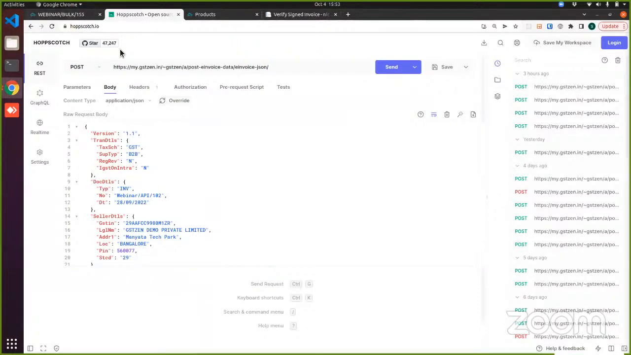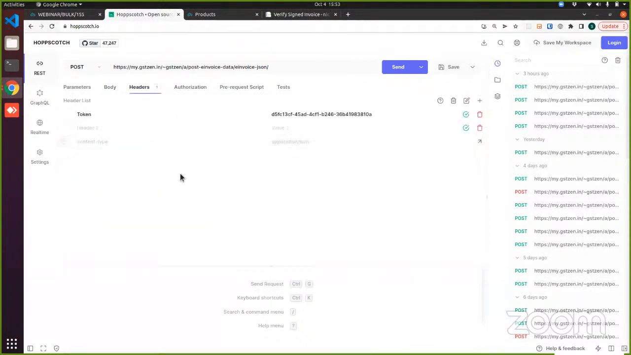Zen provides 4 API endpoints: create e-invoice, create e-waybill, cancel e-invoice, cancel e-waybill. What you see here is the create e-invoice API endpoint. What we will be doing is making a post request to this endpoint, and in the header section, we will